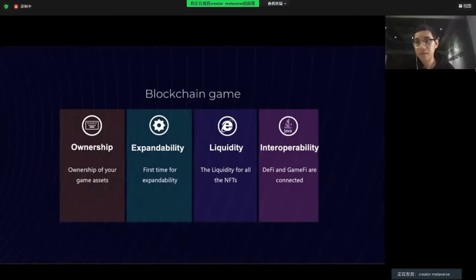For normal games, the fans or the community will hardly be able to expand their own designs or expand their own games on the original ones, because the code is not open source, and even if it is open source, the database and all other things are not connected, and you will never be able to read the data from the original database. But for the blockchain